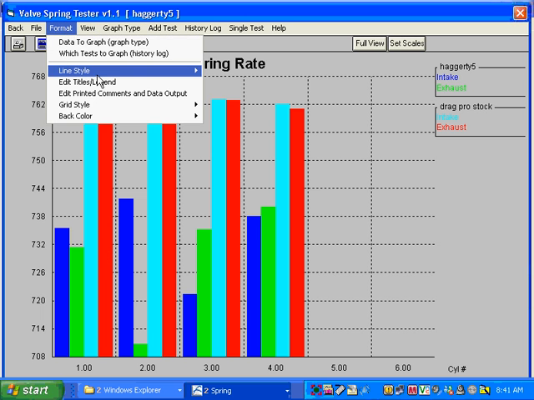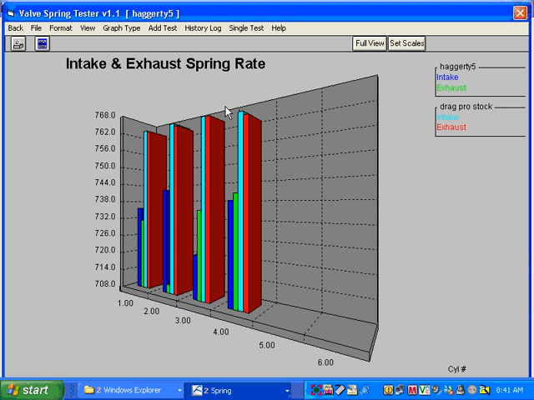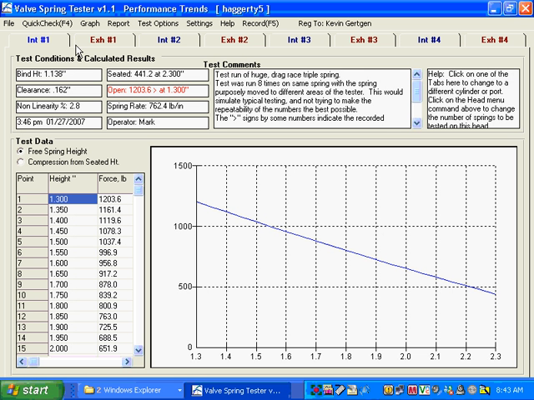Another format here, you click on Format, Line Styles, and you can do something fancy called 3D bar graphs. So if you want to impress your customers with a 3D graph, you can print this and they'll say, wow. And one last thing I should show you is